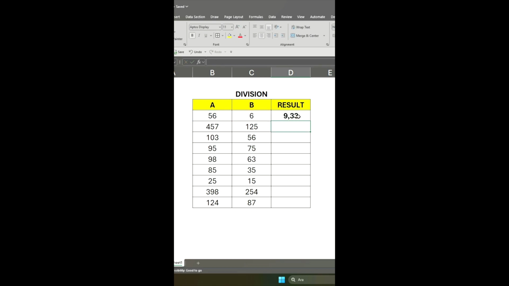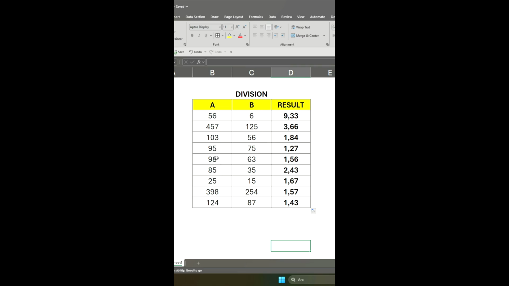Let's apply also this formula to below cells. I'm coming to the cell that I wrote the formula, and from the down right section there's a small square. I'm coming above it, and a small cross has appeared, and with my mouse I click and hold the left key, and I'm dragging all the way down until I apply the formula to below cells inside my table, and voila, there is the result applied inside my table.